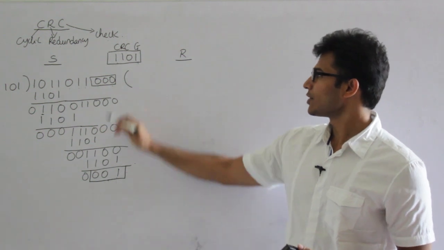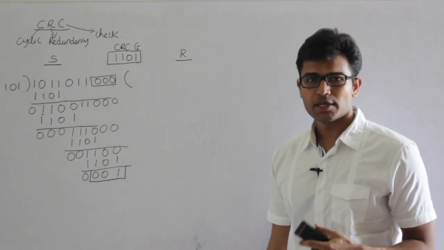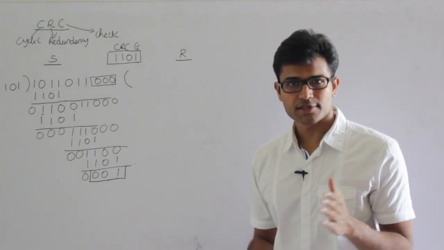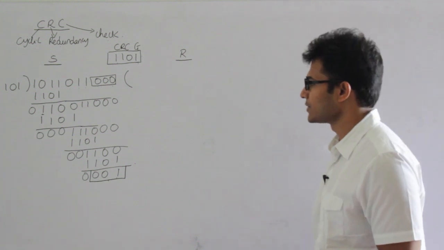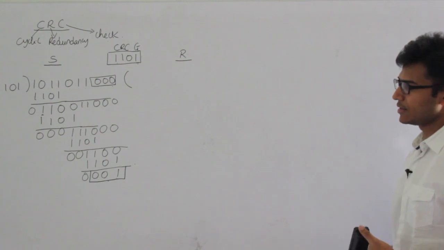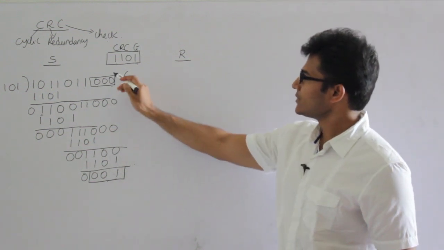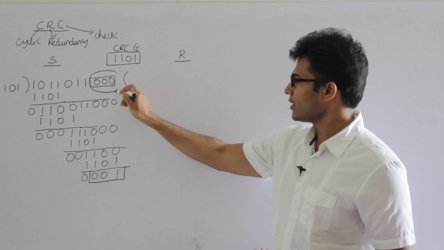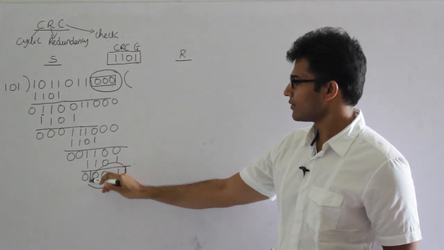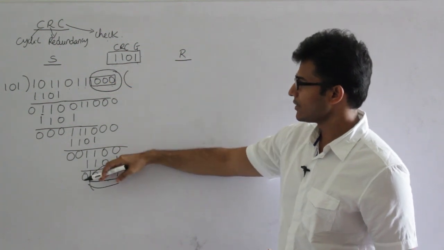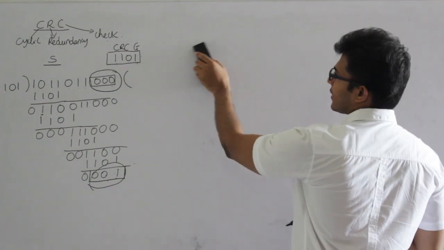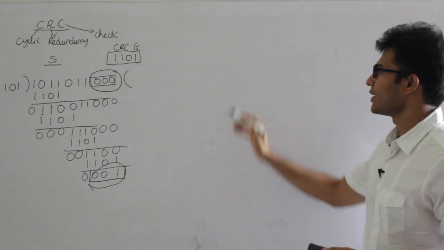Why only 3 bits? Because the CRC generator is 4 bits. So if the CRC generator is 4 bits, the CRC is always 3 bits. If the CRC generator is n bits, then the CRC is n minus 1 bits. So in this case, since the CRC generator is 4 bits, the CRC is 3 bits. So these 3 zeros which you have appended are going to be replaced with 0 0 1, and this will be the CRC along with the data that will be transmitted, which means the data that will be transmitted to the receiver side is